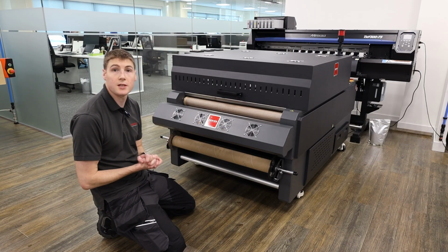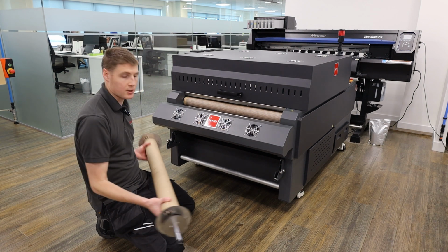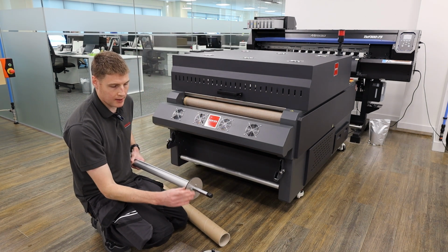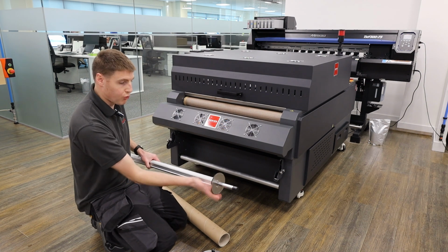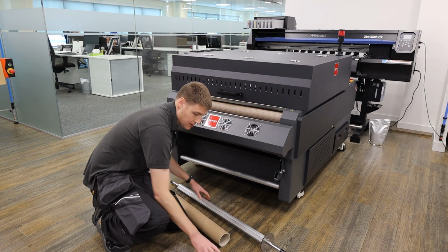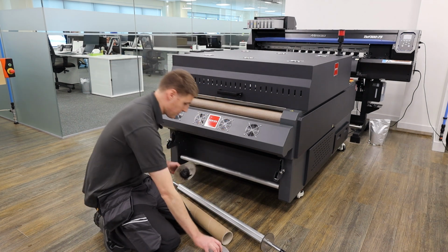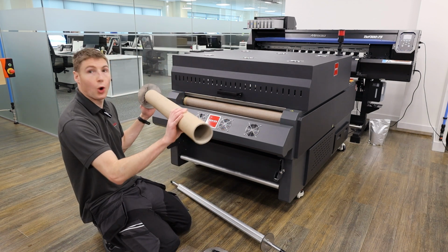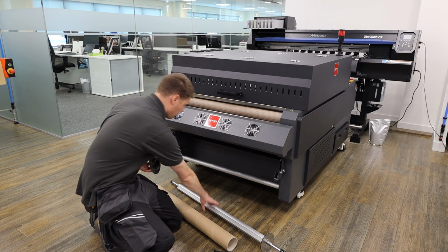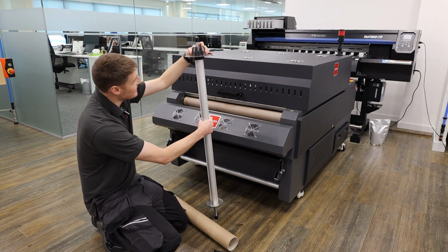Another thing to do to ensure the system is ready for use is to ensure the take-up core and core holder are correctly attached to the machine. So the take-up bar comes with this cog surrounded and sandwiched by two discs on the right-hand side as you look at it at the take-up end of the machine. It also comes supplied with these two flange wheels, which will grip the inside of your core once it's on the bar. You want to put one of these flange wheels with the thumb screw facing the outside,